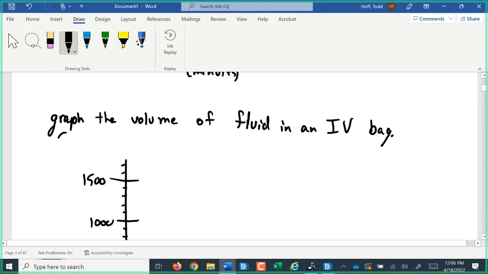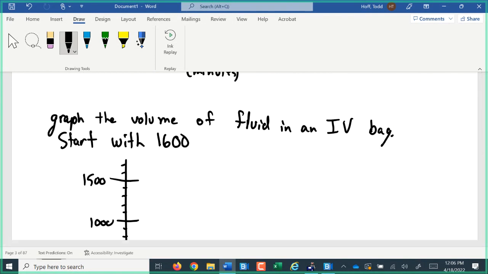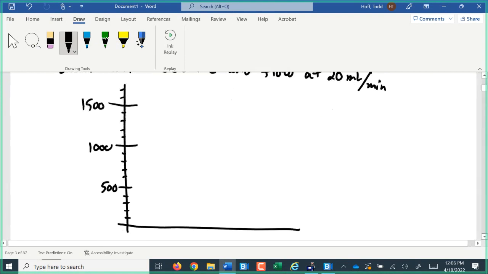So let's say we start with 1,600 milliliters in the bag and flow at a rate of 20 milliliters per minute. Now that was a very rapid flow, by the way, but in order to make this example work for us,